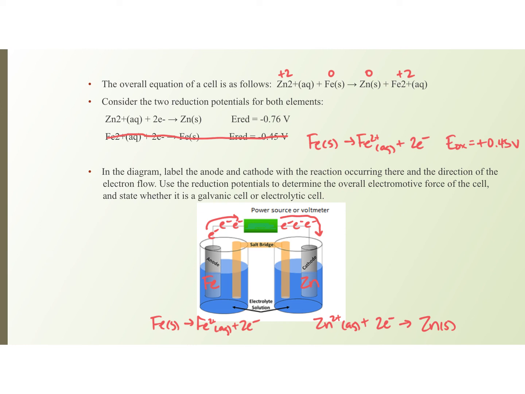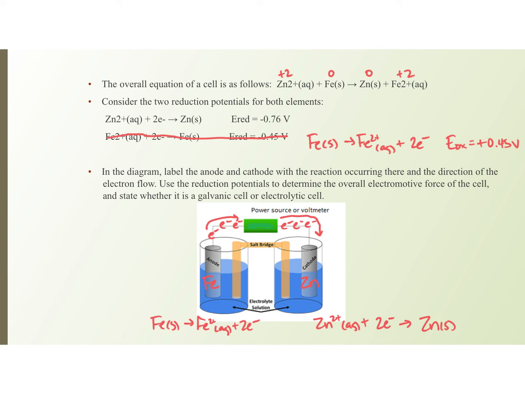If you check your work, you can see that iron, which was being oxidized, is the anode, where oxidation is occurring, whereas zinc is being reduced, and that's the cathode, where the reduction is occurring. The electrons are flowing from the Fe, which is losing the electrons, to the zinc, which is gaining the